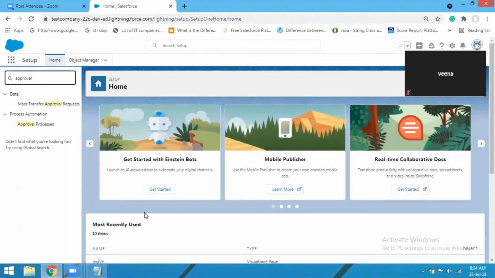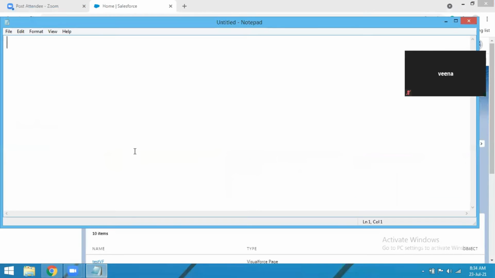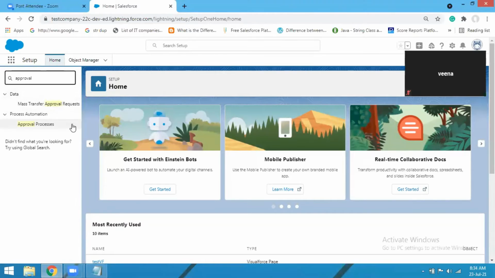I repeat, Salesforce is a multi-tenant environment. So what's the meaning of this multi-tenant environment? Basically, multi-tenant means multiple users can be there in the same instance.